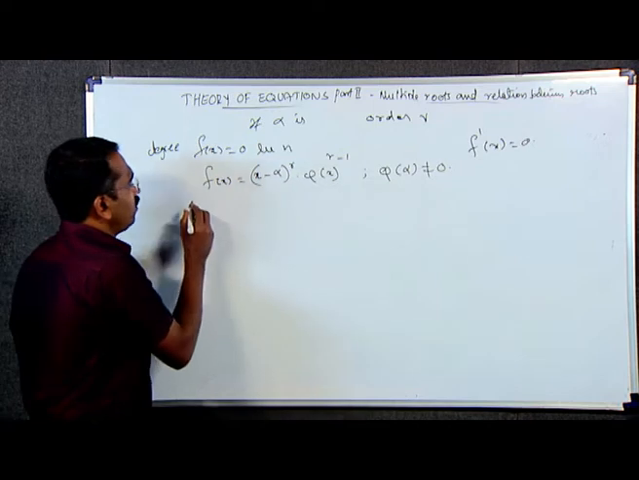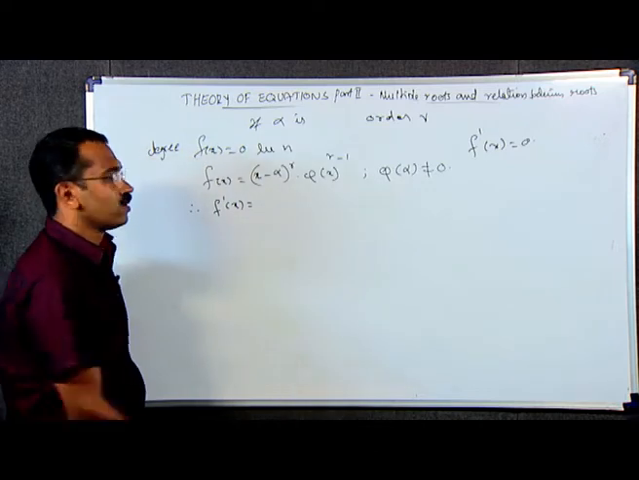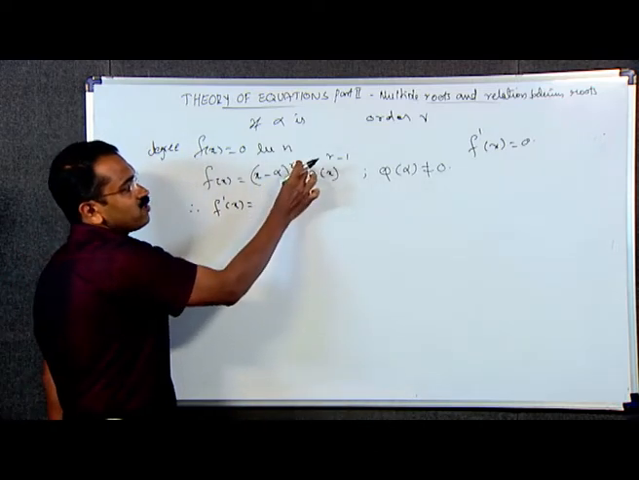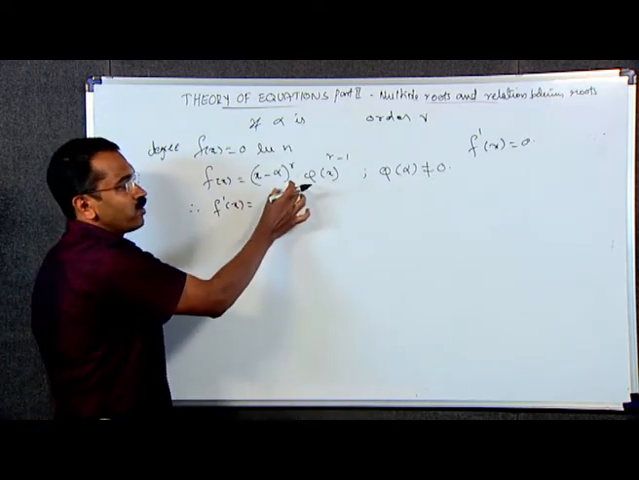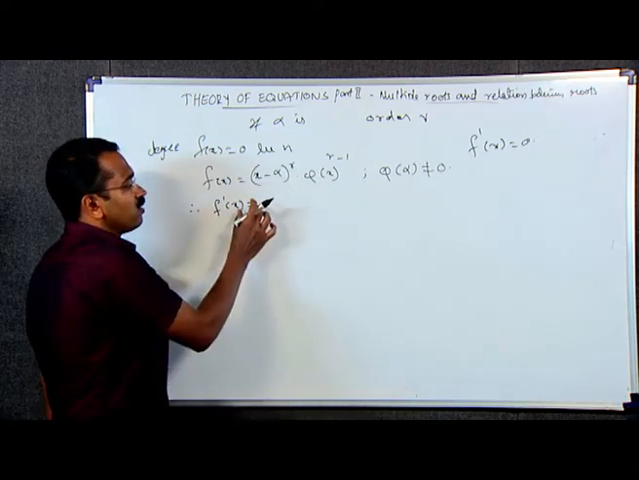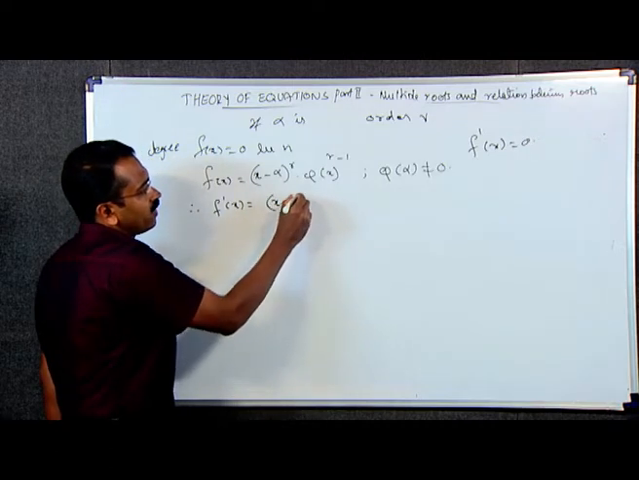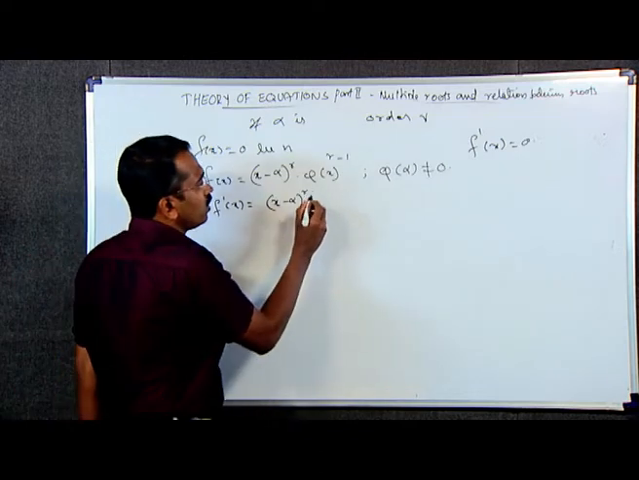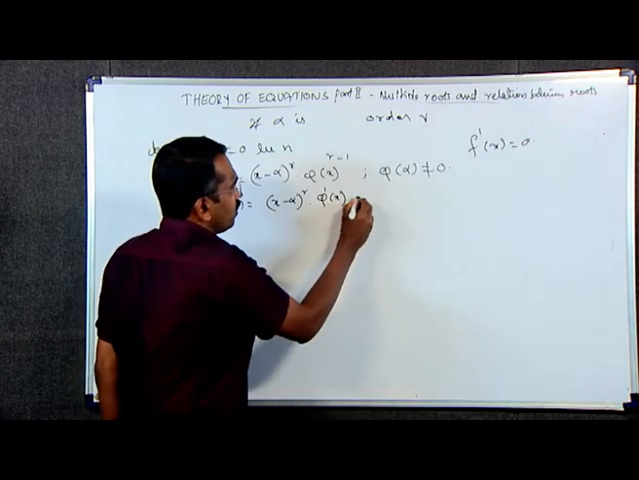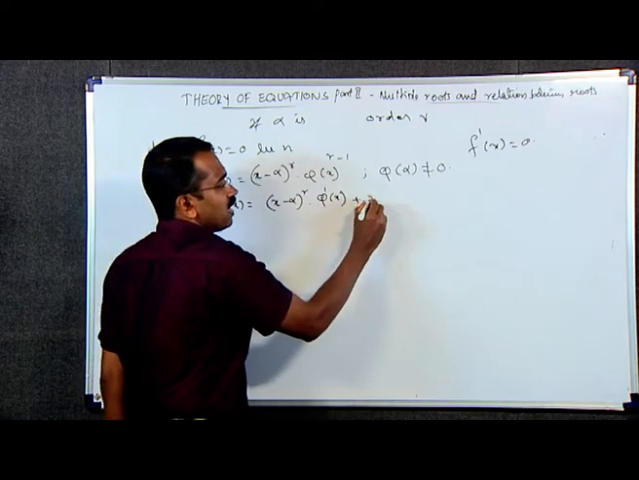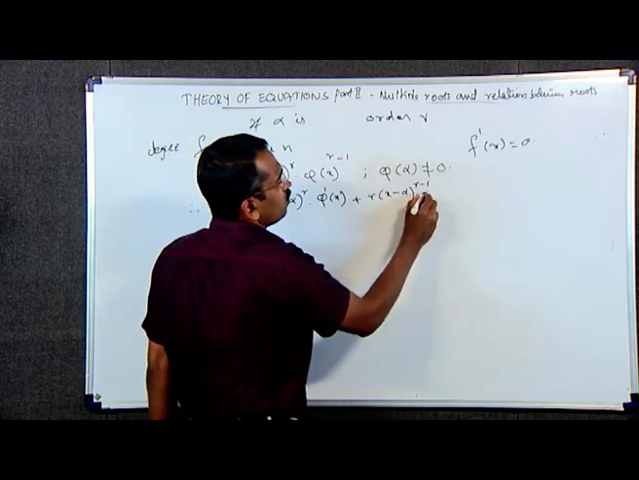Therefore, on differentiation we can write f dash of x is equal to, here x minus alpha raised to r into phi of x, this is a product of two functions. We can apply the product rule for differentiation. The derivative is f dash of x is equal to x minus alpha raised to r into derivative of phi of x, which is phi dash of x, plus derivative of x minus alpha raised to r, which is r into x minus alpha raised to r minus 1 into phi of x,